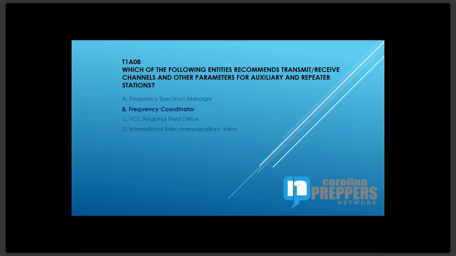We are in the Southeastern Repeater Association, what we call SARA. And it's a group of repeater owners that join it, and they meet to discuss new rules and things like that. But what the frequency coordinator does